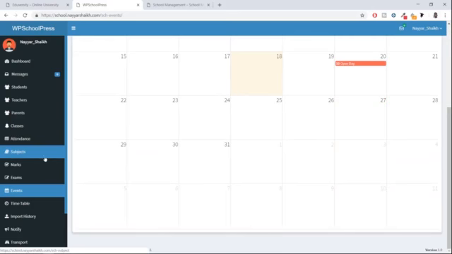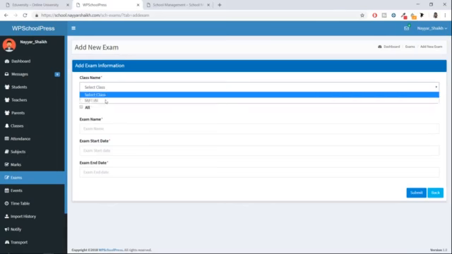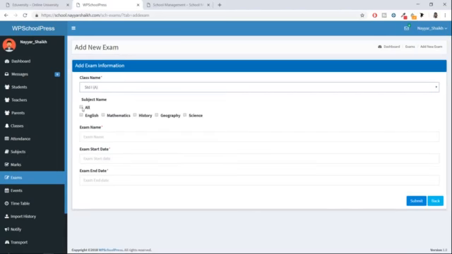Now after creating events, we can also create exams. So let's see how we can do that. From here, let's search for exams, which is over here. Click on exams. Now let's click on add exam. Select the class. I'm selecting this class. And what subject do you want to include? So subject English, exam name, exam start date, end date.